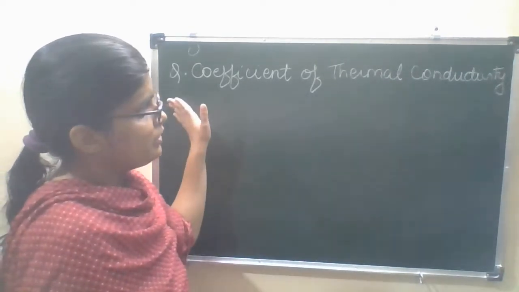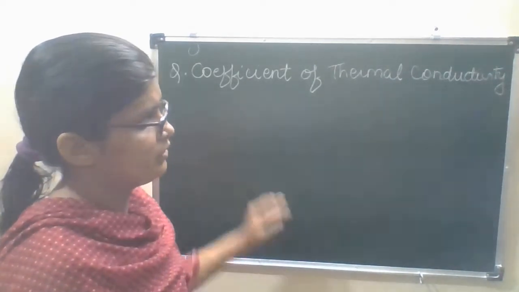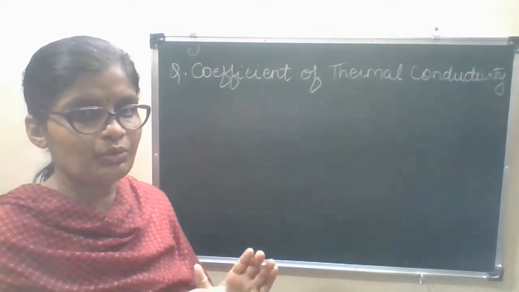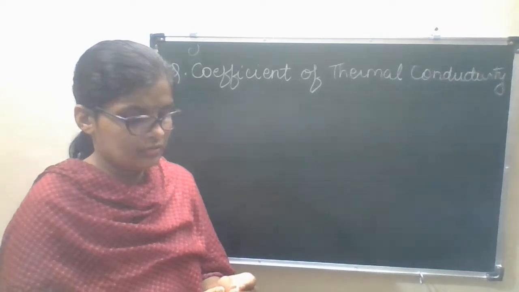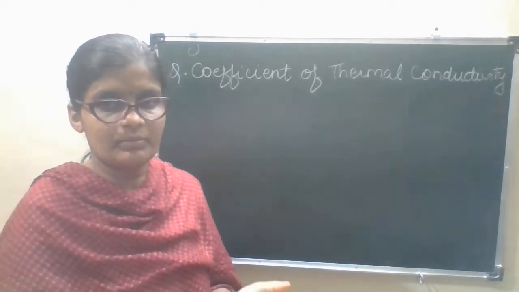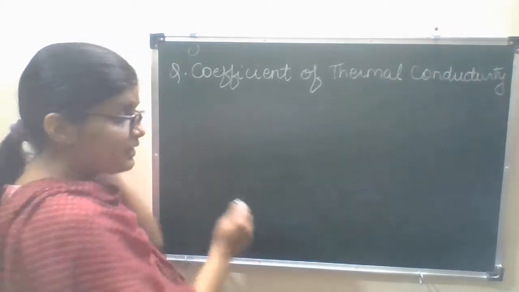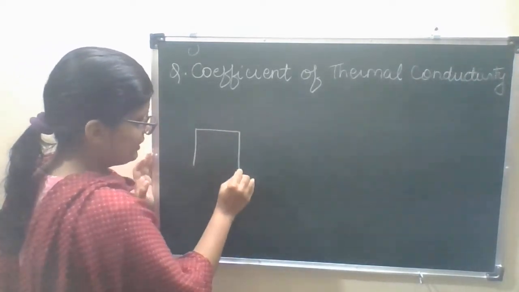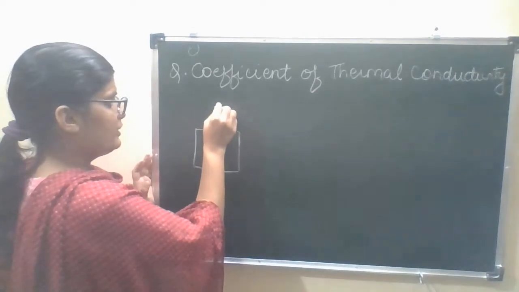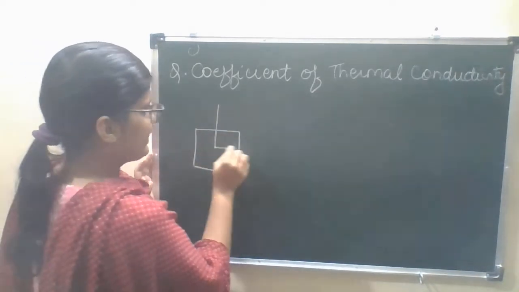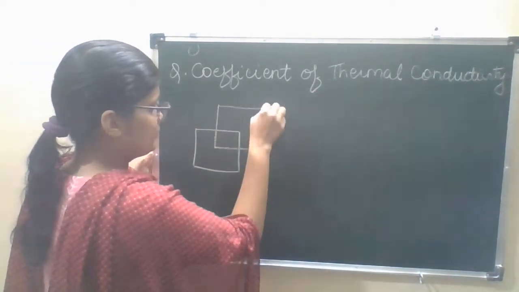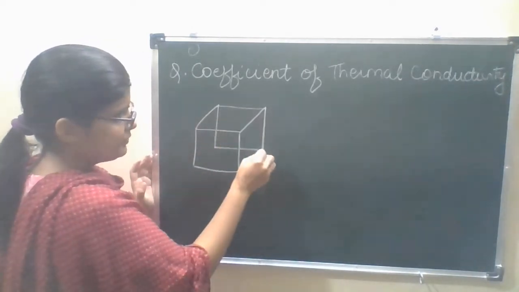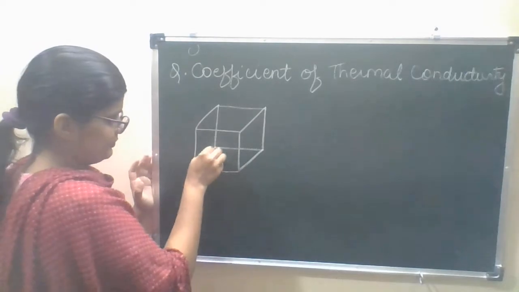So in this topic we are going to study with the help of a cube. So how to draw the cube? While drawing, we must keep in mind that first we will draw the front side square. Okay, now this is the square which is at the front side, and then the back side, and then join the corners.